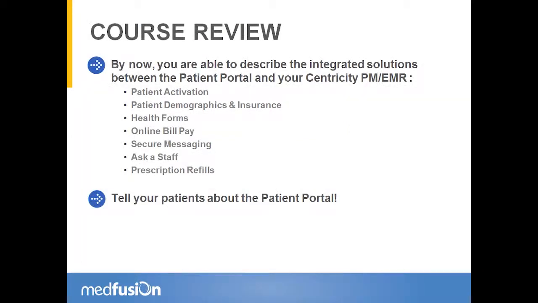By now, you are able to describe how patients and your staff use the solutions that are integrated between the patient portal and your Centricity PM and EMR. Now that you've tested your understanding and feel confident in using these solutions,